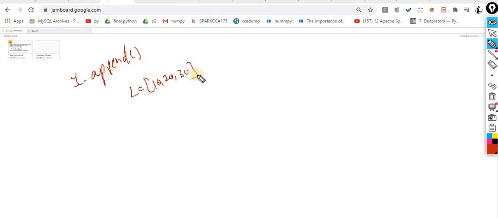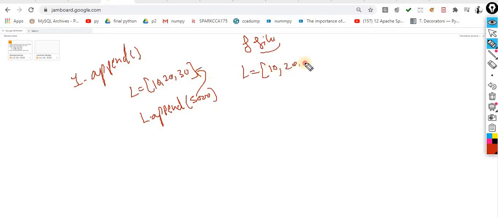When I use append, data will automatically be added to the end of the concerned object. This time I am talking about a list. Sometime, when we move ahead in our course, there will be files, and I will use append there also. So the meaning of append is always the same inside computer science. Now l.append(5000): this 5,000 is appended to the end of the list, and now your list becomes this one.